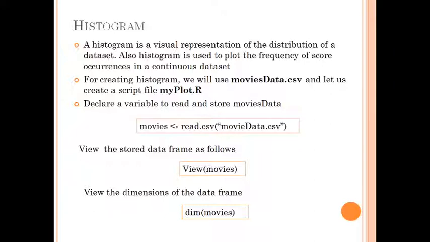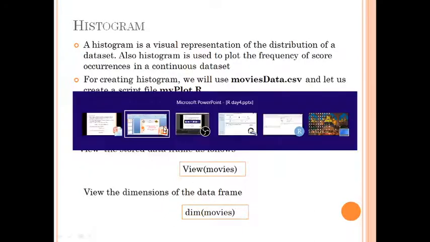So basically a histogram is created over some numerical values to show how the behavior of that particular numerical value or that particular variable is changing in a continuous state. It may be changing with respect to time, or with respect to some other quantity, but it should be a continuous type of data, and when we have such data we can have a histogram created for its graphical representation. So now first let us create a new data frame on RStudio.